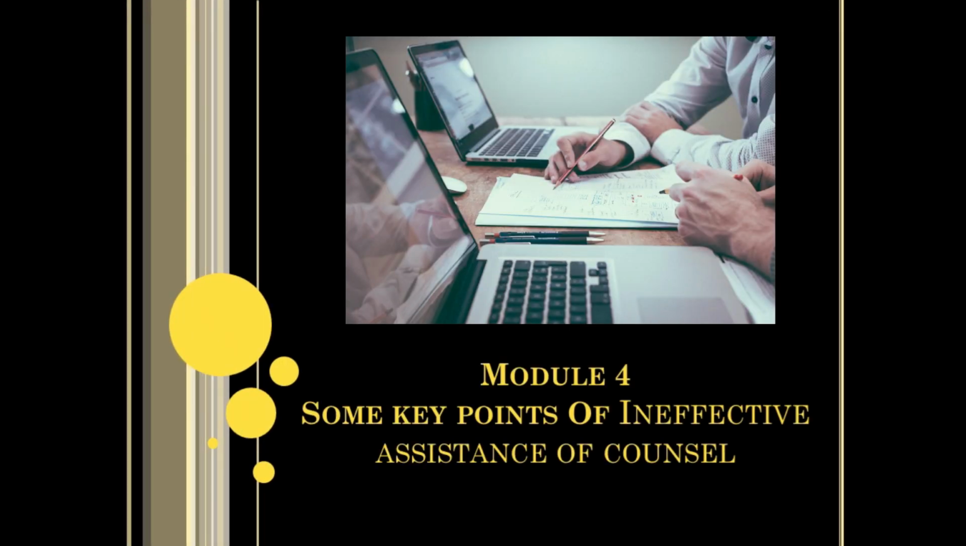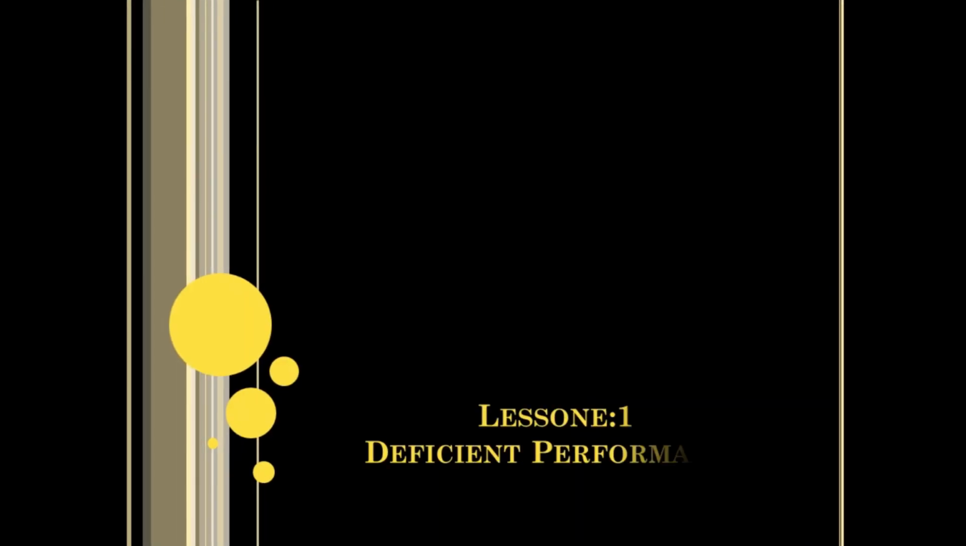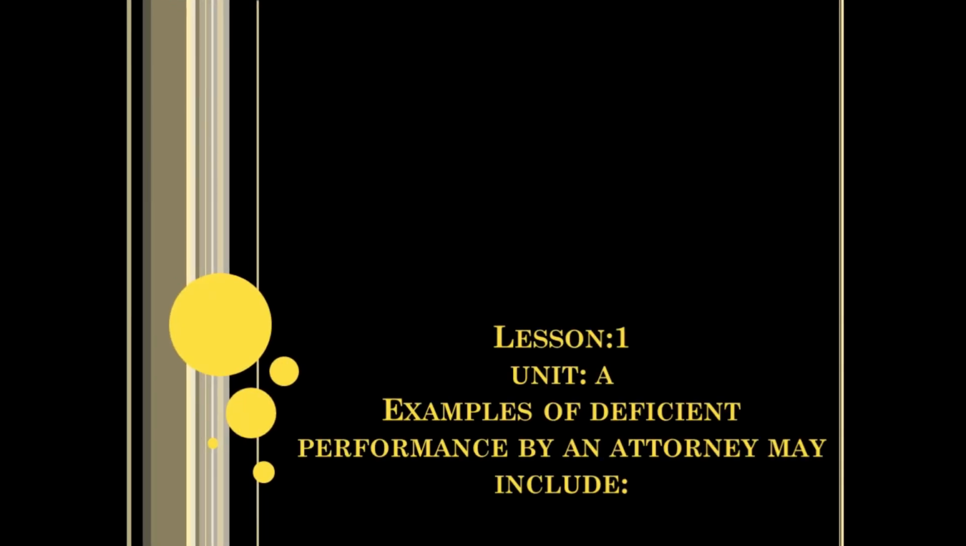Module 4. Some key points of ineffective assistance of counsel. Lesson 1. Deficient performance. Lesson 1. Unit A. Examples of deficient performance by an attorney may include